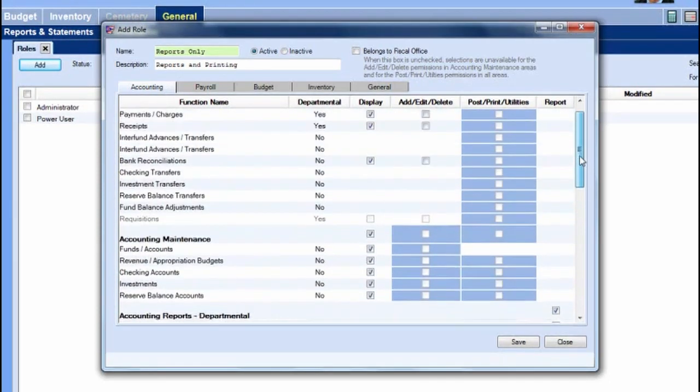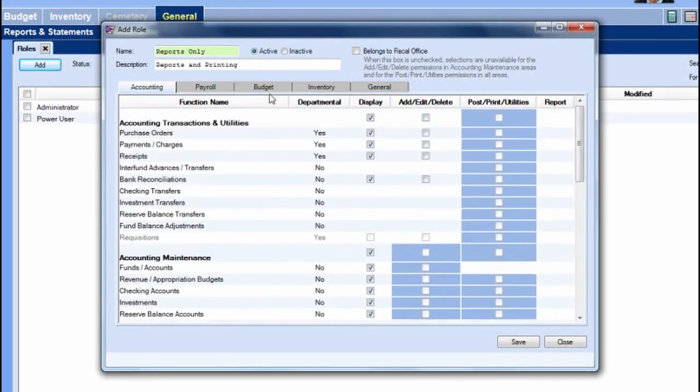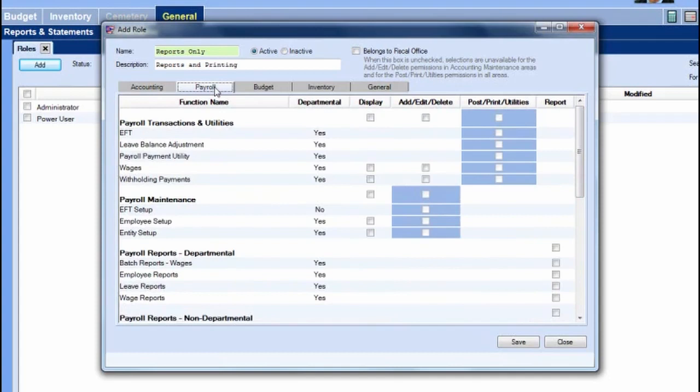Looks like we've finished up with the Accounting tab. So next we'll click on the Payroll tab. Select the checkboxes associated with the areas you want to give the user access to. In this case, select the Display and Reports column checkboxes. Notice the Belongs to Fiscal Office checkbox must be checked in order for a user to have access to the